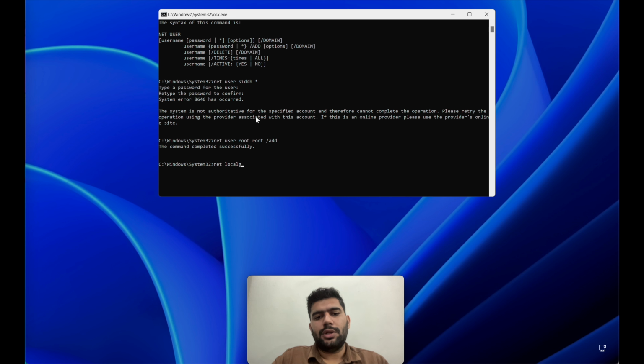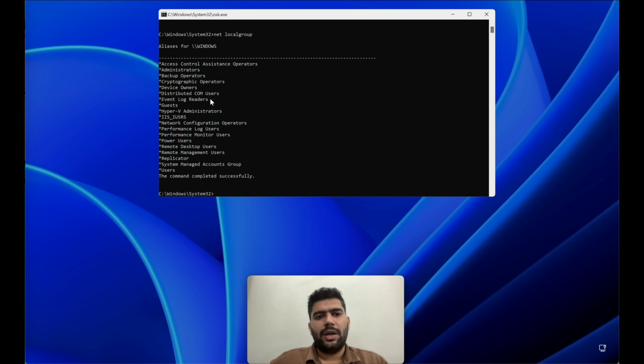Net localgroup, and here you can see there are a few different groups available in the device. Generally, whenever we add a user, the user is added inside this users group, which has the lower privileges. But if you want to escalate your privileges and create a user with higher privileges, you can add the user into this administrators group. Now to add the user, just go with net localgroup